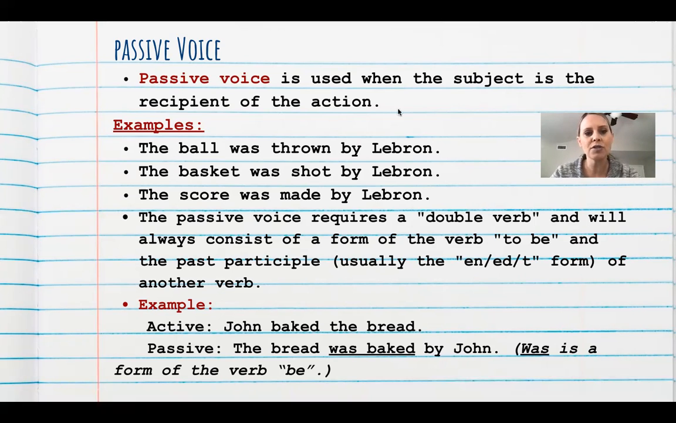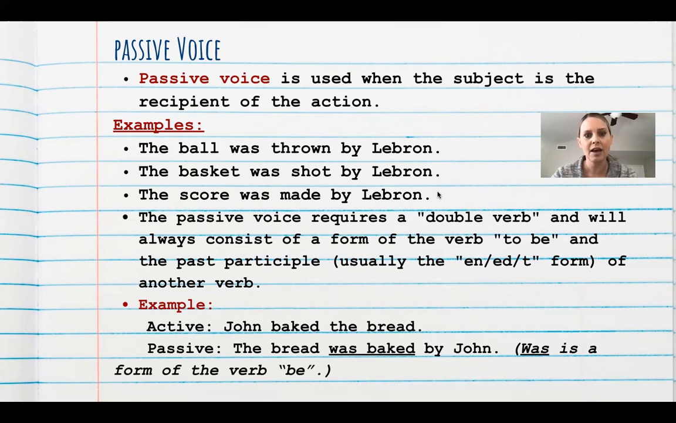The second scenario, the basket was shot by LeBron. Same thing. Basket is my subject. Was shot is now my verb. And LeBron is again the object of a preposition at the end of the sentence. The score was made by LeBron. Passive voice again, because now score is the subject. Was made is my verb. And LeBron is the object of a preposition again. You really need prepositional phrases when you're using passive voice in order to get the actual doer involved or a